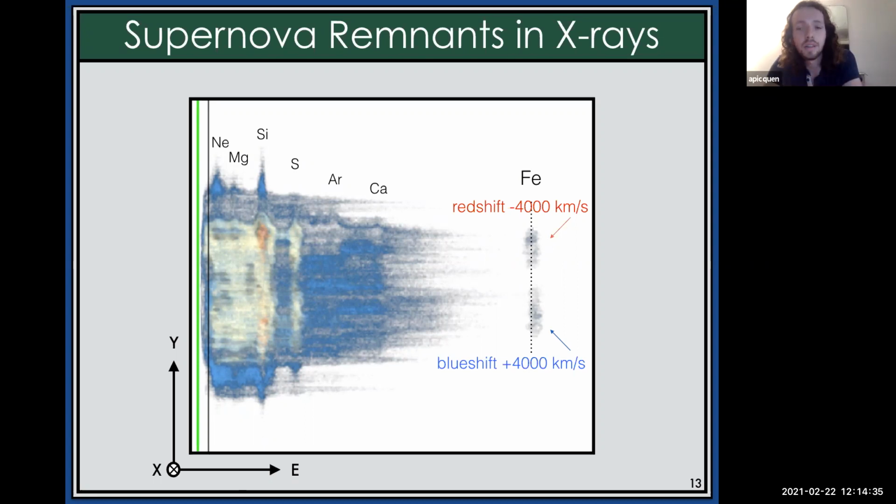But even just by looking at it like a cube, we can see interesting information along the energy line. If we look at the cube along the energy line, we, for example, can observe that there are some asymmetries in the spatial distribution. For example, we can see at the silicon line that there is a bigger clump in the north than there is in the south. And if we look at the iron line, we can see also asymmetries in the velocity distribution, with one clump being slightly redshifted, while the other is slightly blueshifted. So just by looking along the energy axis of this cube, we have important information, and it really highlights the fact that the 3 dimensions are highly correlated.